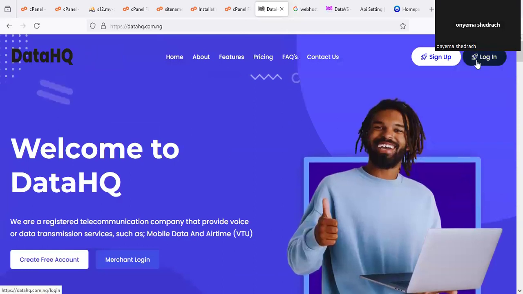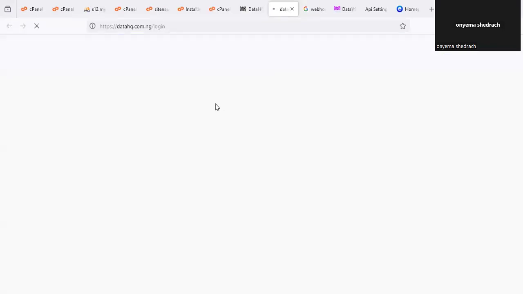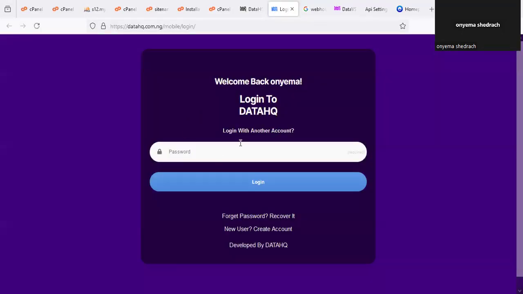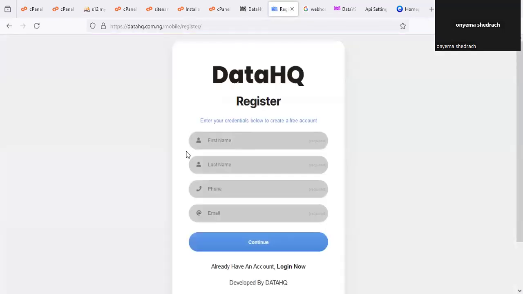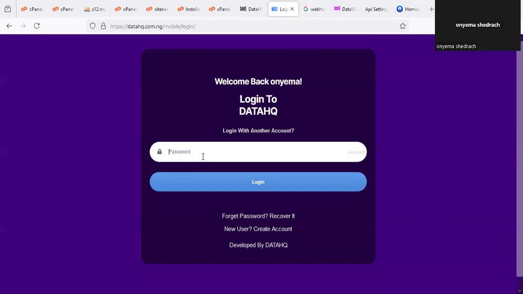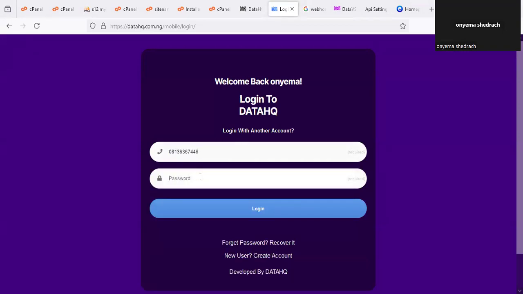Once you are here on DataHQ, just click on login or register, that's if you don't have an account. Just click on create account and fill in the registration parameters, which is very simple. I already have an account, so I just want to log in to show you something. To log in is very simple: put your phone number and your password. So I'm just going to log in. So once you log in,